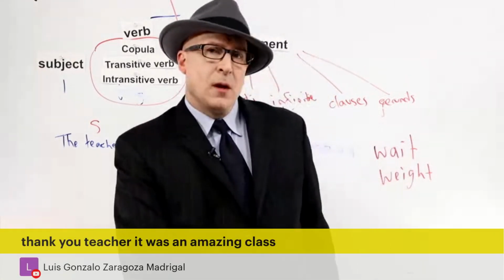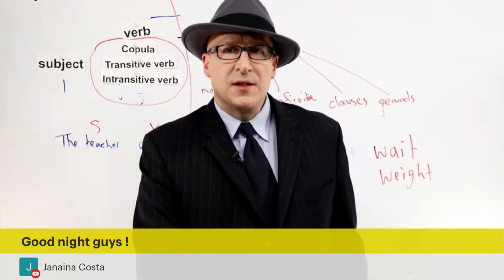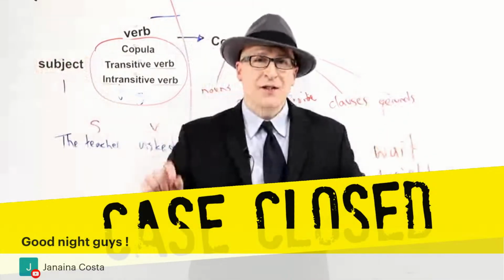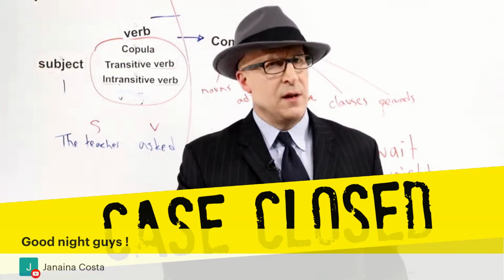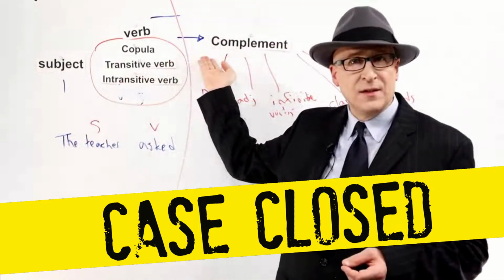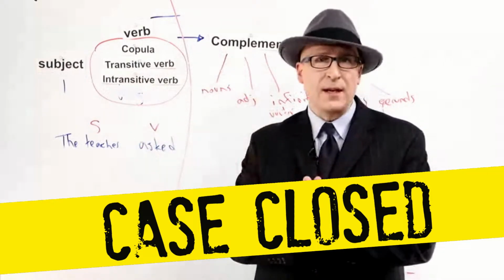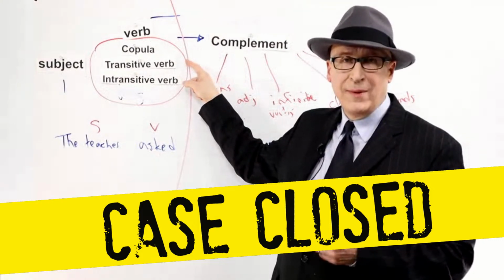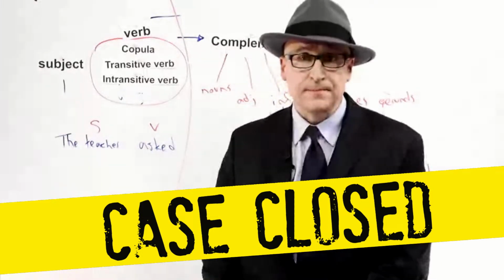All right. I'm going to say goodnight, guys, before my voice explodes. But I think we can safely say that tonight's English mystery, we can say case closed, because I think we're done talking about complementation. Now there's another topic that's kind of buried in here, and that is, when do we use infinitives as a complement? When do we use gerunds? We'll talk about that more next time, and I've talked about it many times, but the simple answer is, use a gerund when it's a transitive verb, because the transitive verb requires an object, and really, only the gerund can be the object.